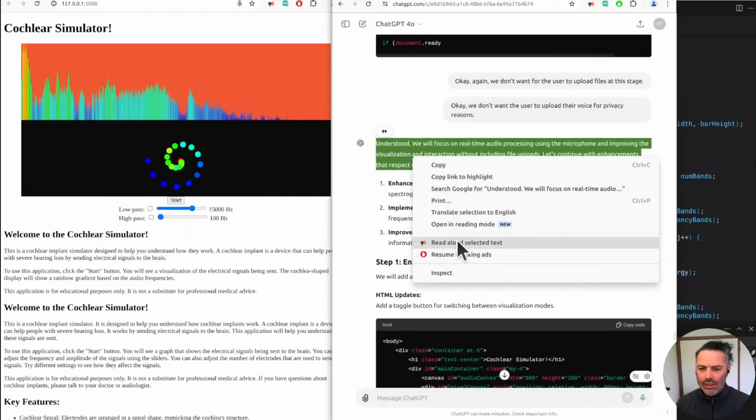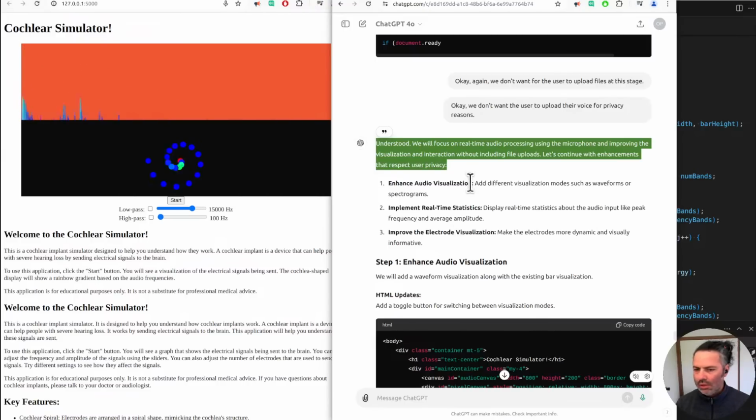Before we were doing this voice. Understood. We will focus on real-time audio processing using the microphone and improving the visualization and interaction without including